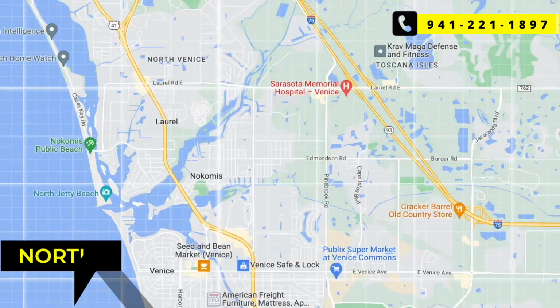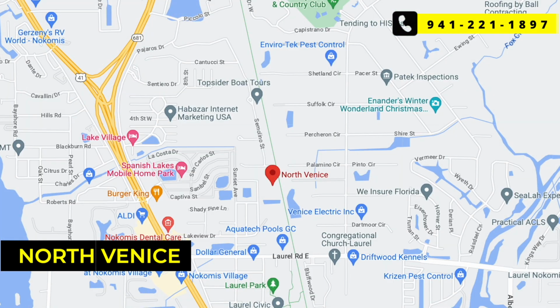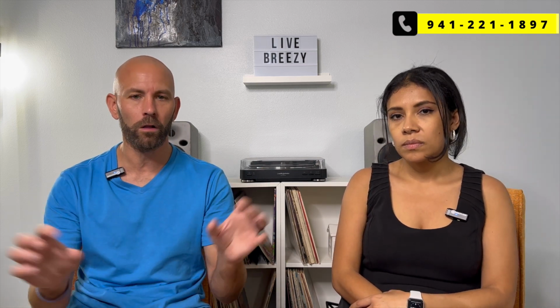The next one is kind of like a hidden gem, in our opinion. It doesn't get talked about a lot. North Venice. And it's kind of like a light version of Wellen Park, I guess you could say. It's a little less master planned. It's more residential too. There's not a big downtown planned in the middle of all of it,